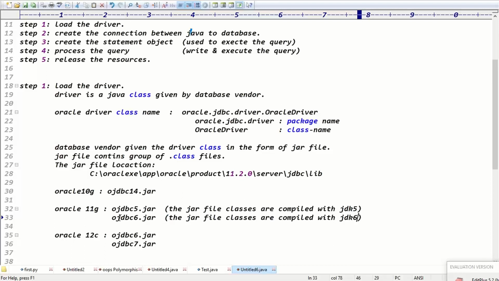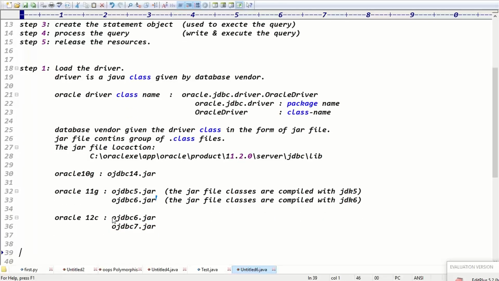OJDBC6 is the latest version here. Is it clear now?